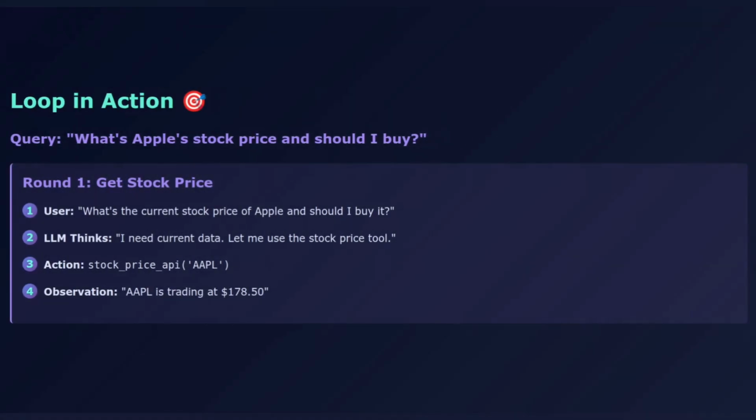Let me give you a concrete example. Let's say you ask your agent, what's the current stock price of Apple and should I buy it? Round 1, user, what's the current stock price of Apple and should I buy it? LLM thinks, I need current data. Let me use the stock price tool. Action, call stock price API, AAPL. Observation, AAPL is trading at